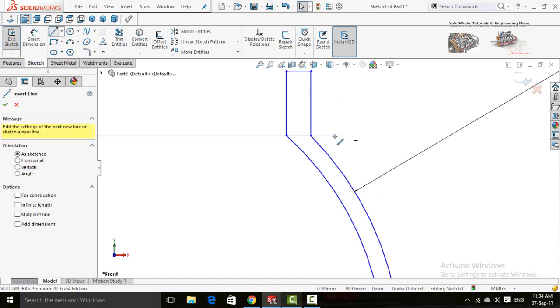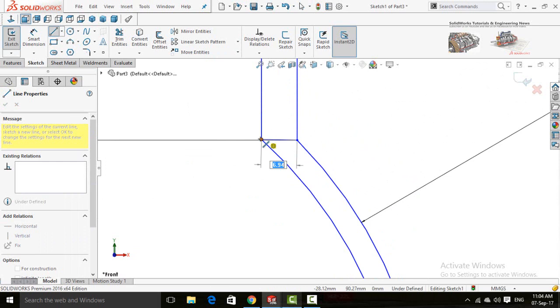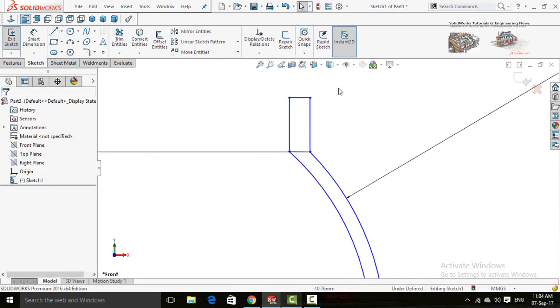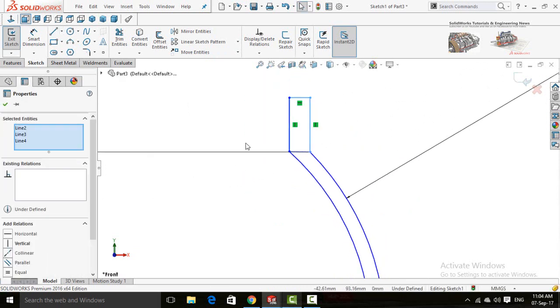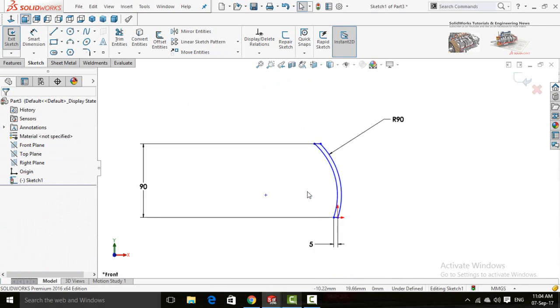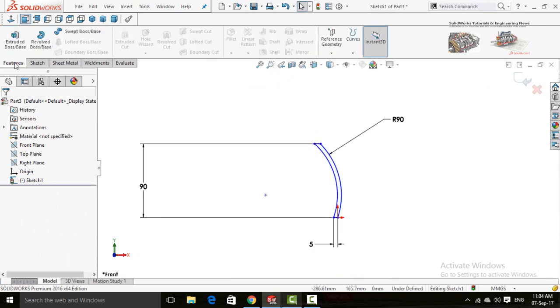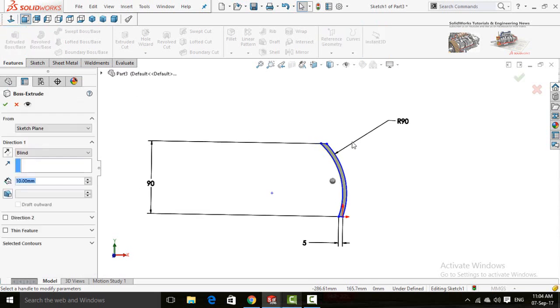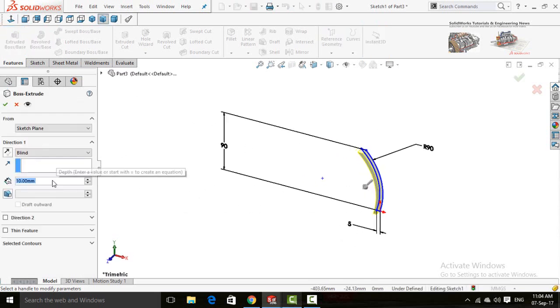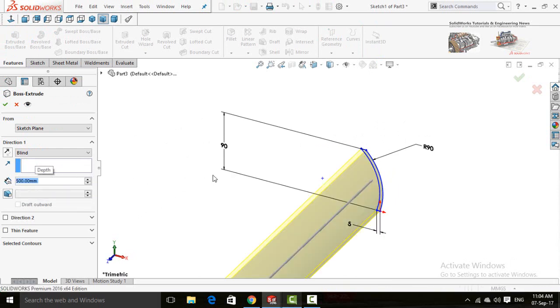Now select line and connect both of these points. Delete this sketch. Now in the features tab, extrude it up to 500 millimeters. Press OK button.